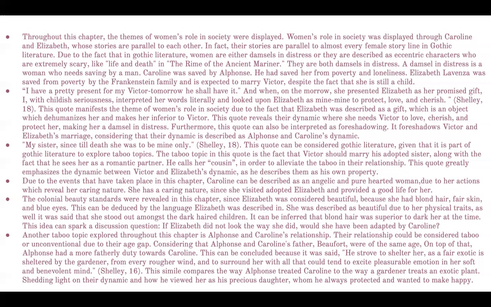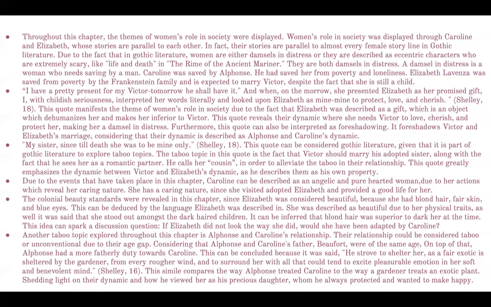And now we're going to be talking about something that's really important: colonial aspects. Now, this is a really important theme throughout the novel. It's talked about, but briefly, less than the other themes that are explored. So basically, Elizabeth was considered beautiful, and she stood out from all of these children because of her looks. She had fair skin, she had blonde hair. So now we know that this is the colonial beauty standards, what they loved, what they cherished. And now this can open a discussion question: if Elizabeth didn't look the way she looked, then would Caroline still have adopted her? So basically, this just talks about the importance of looks.